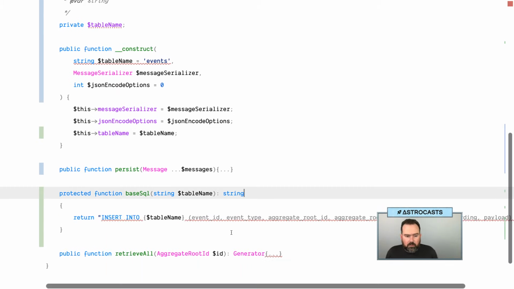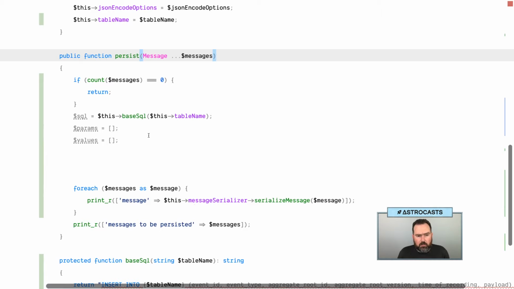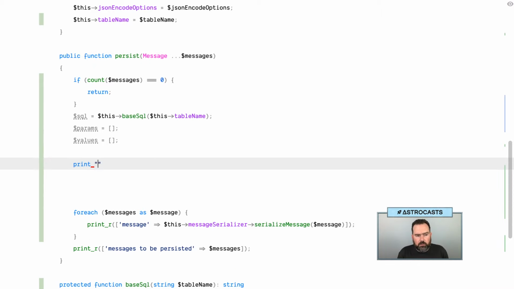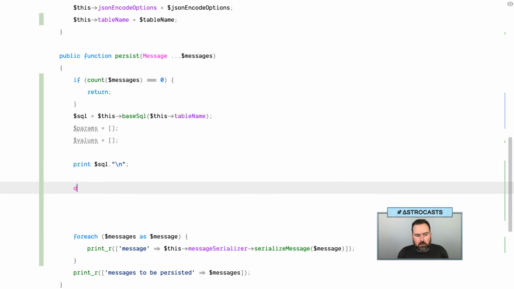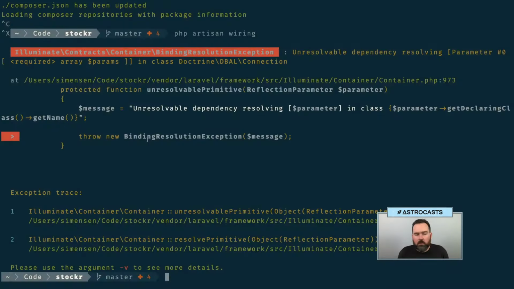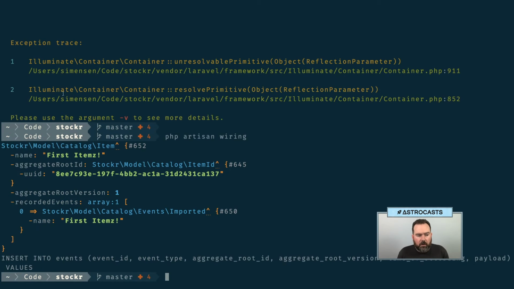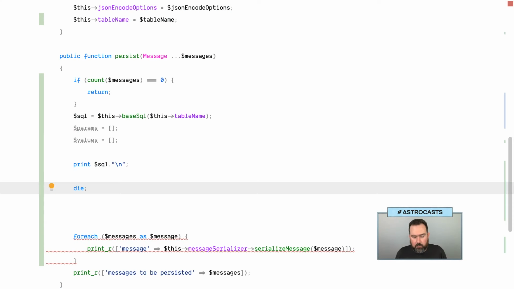All right, so base SQL, we're still getting the base SQL. Let's do print $SQL, die. All right, so insert into events, event ID, blah, blah, blah. So we can,